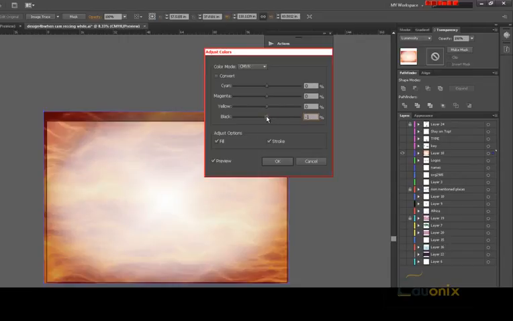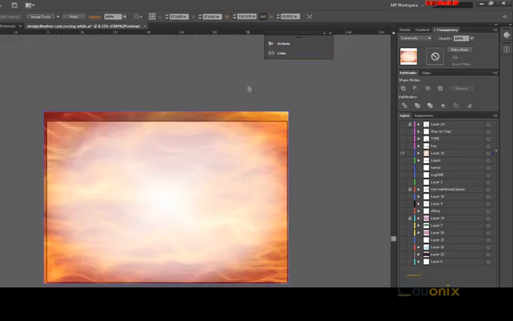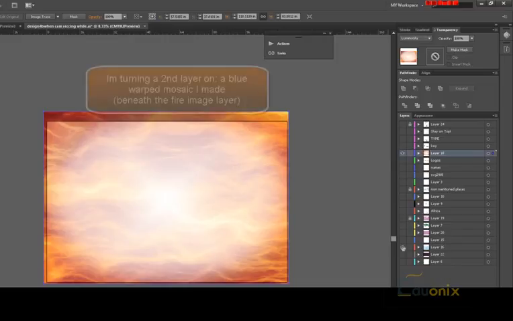So I won't mess around with the black too much, obviously. But say I want this to be a cloudy, wispy white color. So you can do this. You can change the colors of rasterized images in Illustrator, which is great. But since I have this already set up,